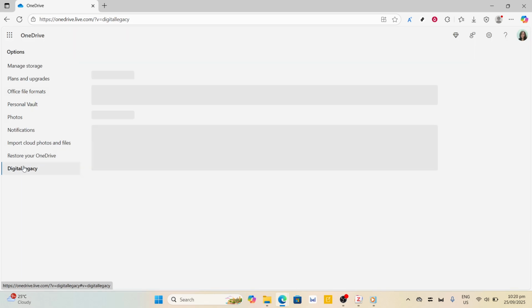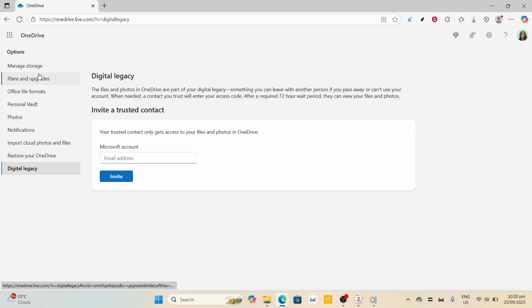From managing your file access to configuring synchronization options, these settings are your gateway to a more personalized and efficient OneDrive experience. If you ever need to adjust anything in the future, just repeat these steps and you'll have access to everything you need. And there you have it, a simple and straightforward method for accessing your OneDrive settings. With this guide, you should feel confident navigating the OneDrive settings and making any necessary adjustments to